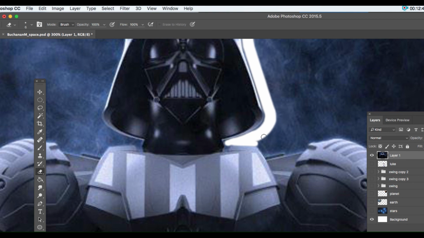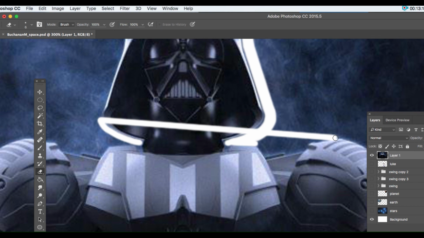The only thing you have to remember when you're using the shift click technique is if you want to start erasing on a different side or area of the image, you let go of the shift key and you're starting that whole process again. So I'm clicking once to let Photoshop know I want to start to erase around this area, and then I hold my shift key and start shift clicking around my image. If I don't let go of that shift key and I decide I want to go over to here and start erasing, well, it's going to connect those 2 points in a straight line. So just remember to let go of your shift key first, and then you can start